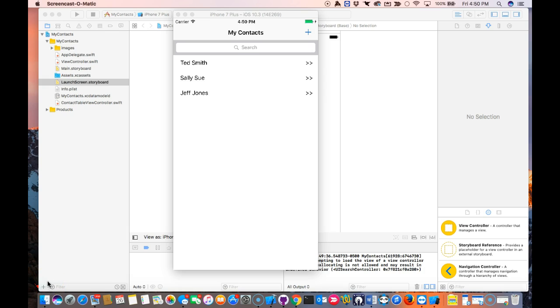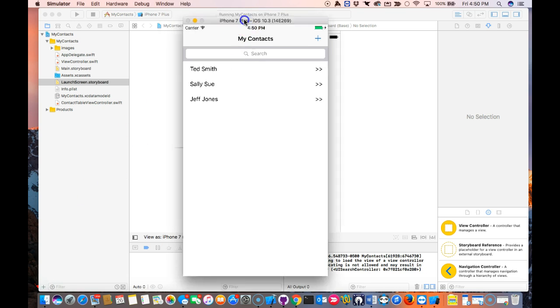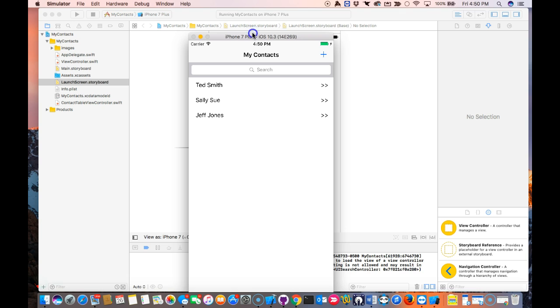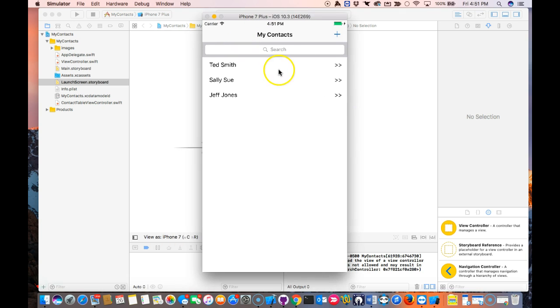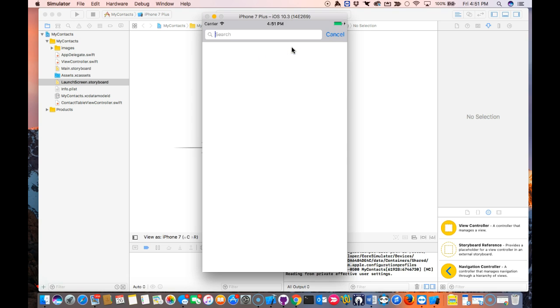Okay, this week in iOS Bootcamp is looking at a backend database using Core Data. Here's the finished app, and I'm going to go over how to complete this in the next few moments. So when the app runs, you can search the app by name,